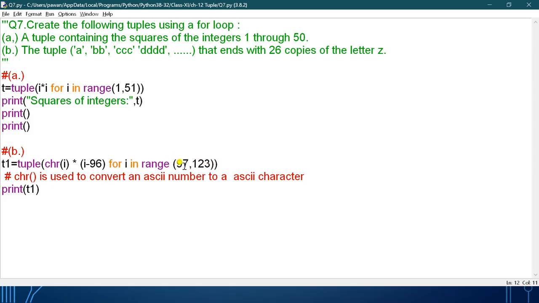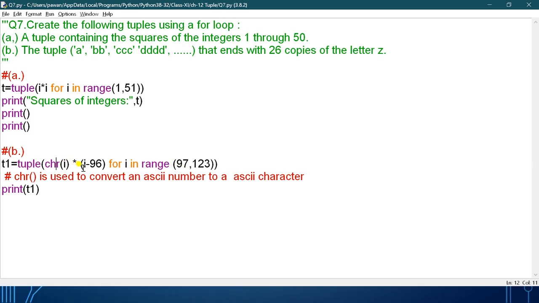First it will take the value 97. So chr 97. What is chr 97? That is small a. Multiply with 97 minus 96, it will give you 1. So 97 minus 96 is 1. So 1 multiplied with small a, that is only 1. It will print the value a. Now next is the value 98. So chr 98 is small b.